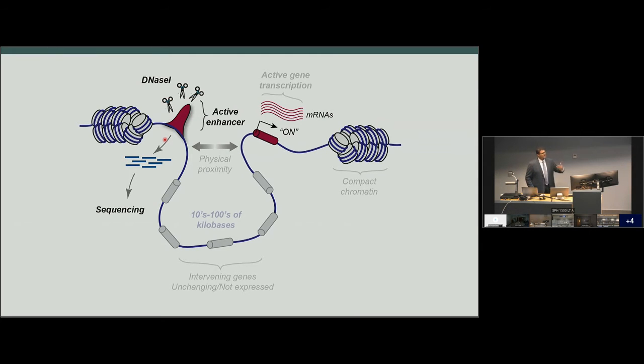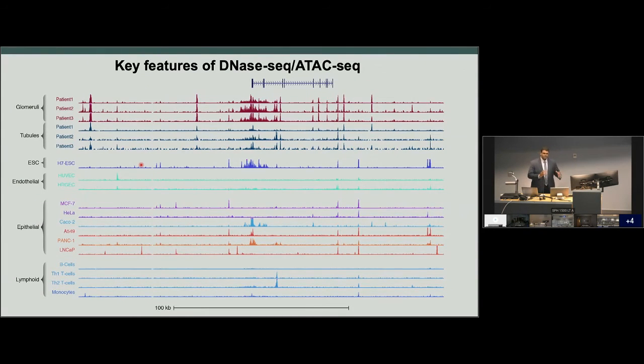So what does the data actually look like? If we were to map all these individual DNA fragments and see where they line up on the genome, and see in the histogram where they pile up more often than others, we get profiles such as these. I'll walk through the key features of open chromatin profiling, such as DNase-seq and ATAC-seq, in the next couple of slides. What we're seeing here is the genome stretched out in a linear fashion, where each of these corresponds to a nucleotide-level resolution of that DNA sequence aligned across the genome. Over here, we have a little model of a gene.